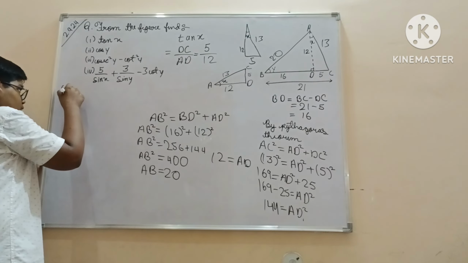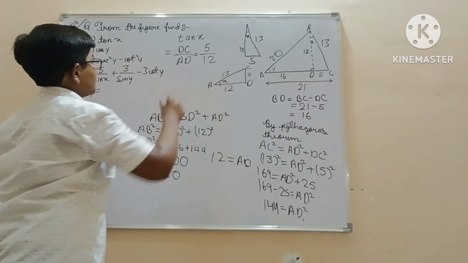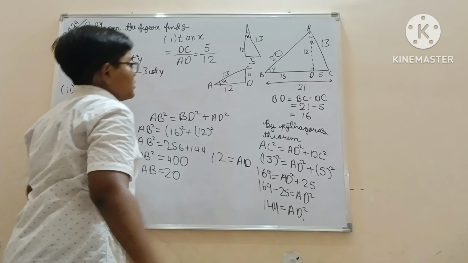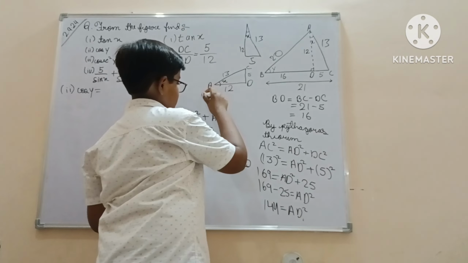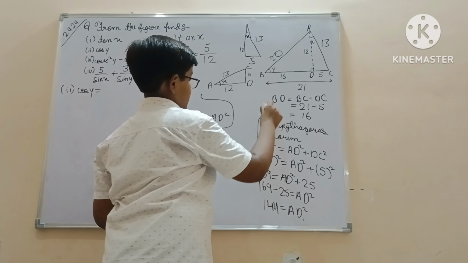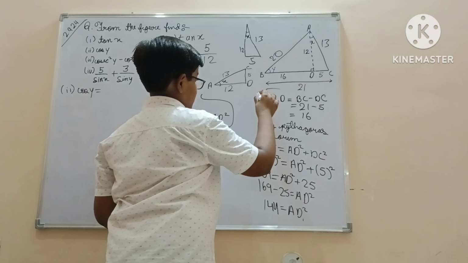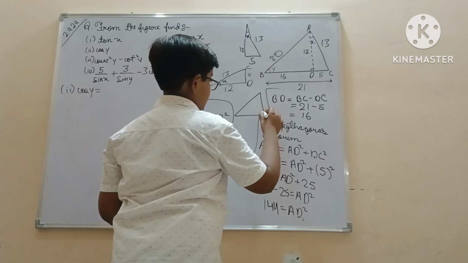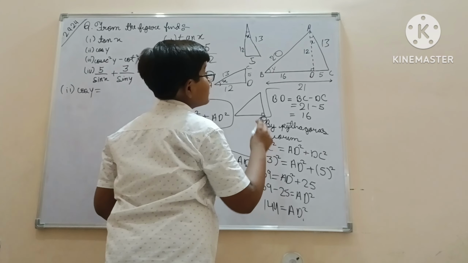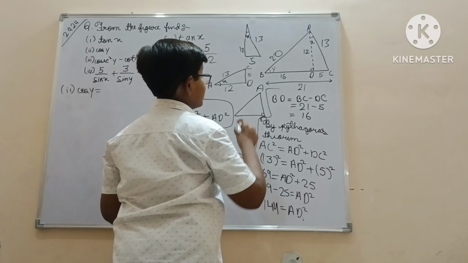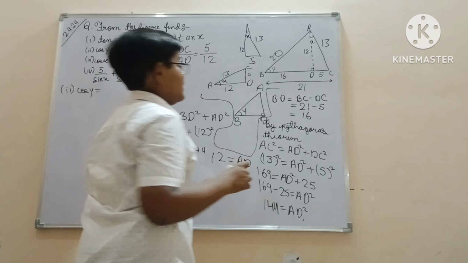Now we will find cos y. This is our first. Now y is here. So we have to separate this triangle also. We will make this triangle. Now this is our angle D and this is our angle A and this is our angle B, which will constitute angle y.